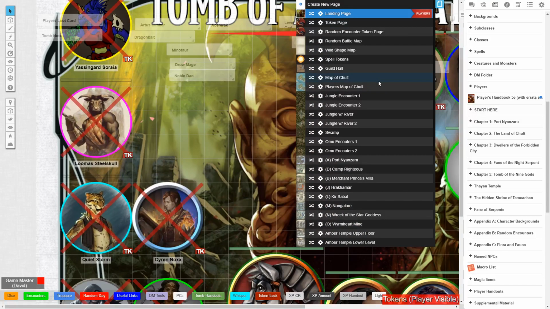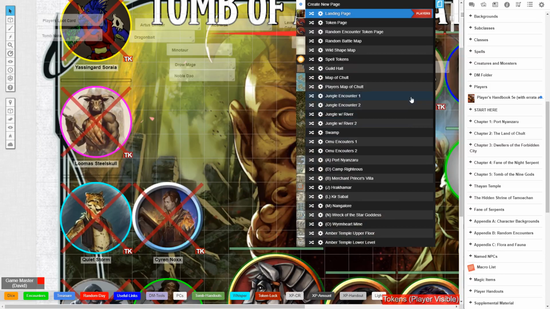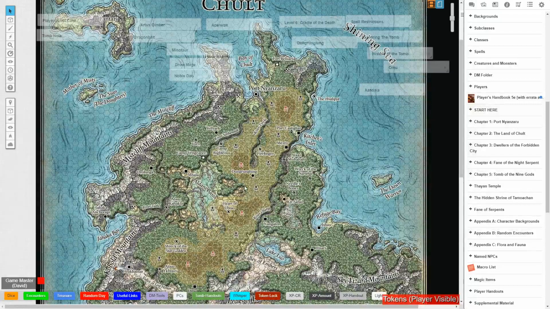So after that, they finished that supplement, which was really cool because the party got to experience some different planar activity. There is a small portal to the Shadowfell and a small portal to the Feywild in that supplement, so they got to experience some of that, which was really cool. Let's see here. After that, let's look at my maps. After that, they go back to Port-Ninzaru, and